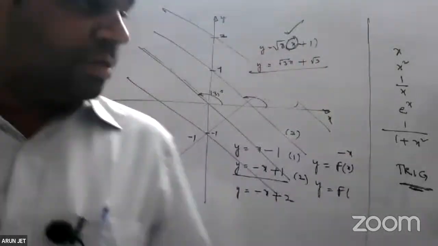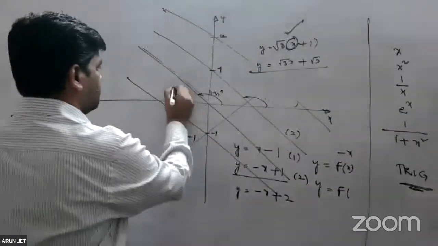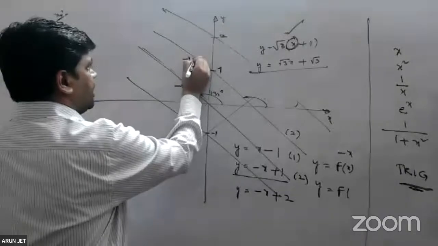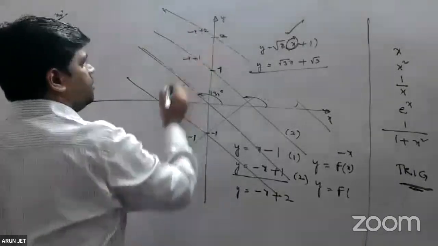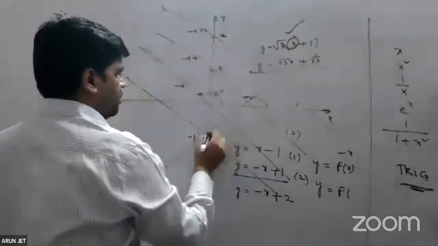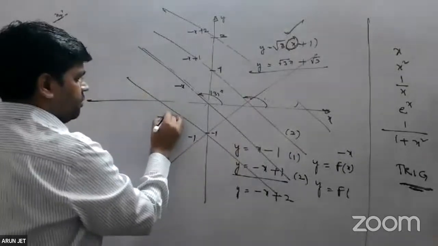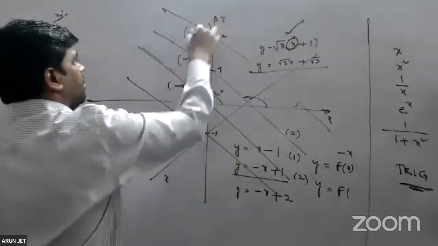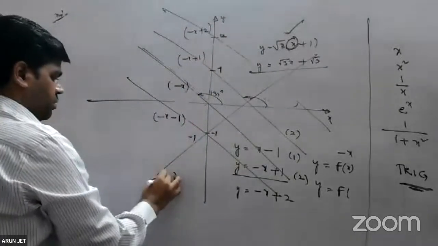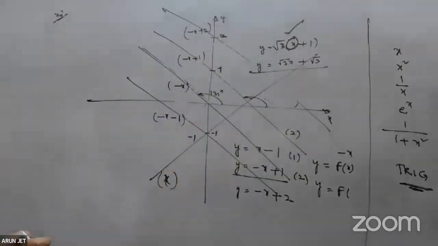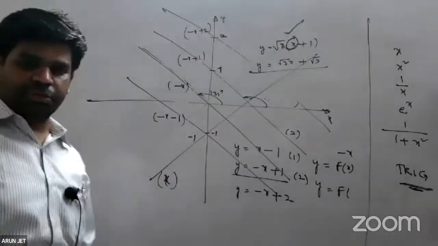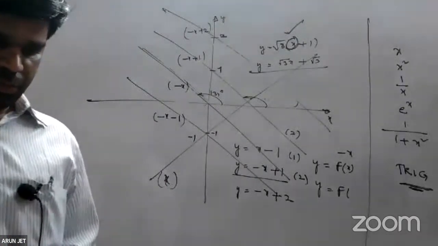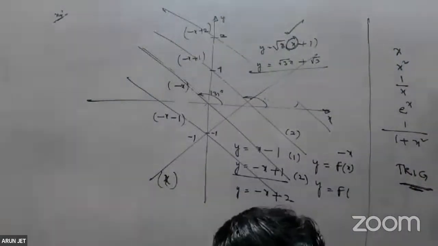Okay, what is the middle line? This is minus x. This is minus x plus 1, minus x plus 2. This is x, and this is minus x minus 1. Alright, these are the graphs we have plotted by transformations. And understand that point, the intersection of constant coordinate lines is,